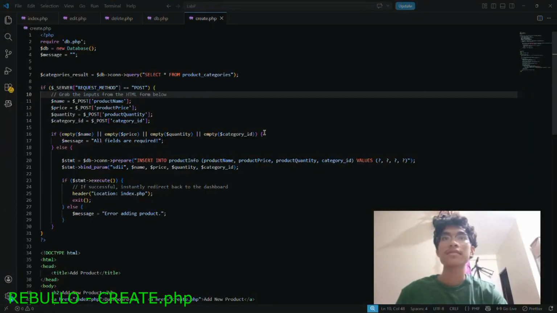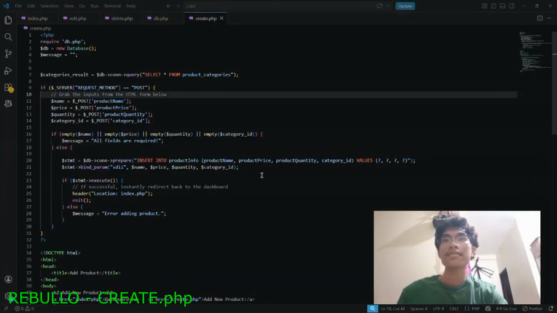What this does is that it inserts into the query using placeholders instead of direct values to prevent SQL injections. And after that is the stmt bind_param. This binds the actual values to the placeholders, where s is string, d is decimal, and i is integer.